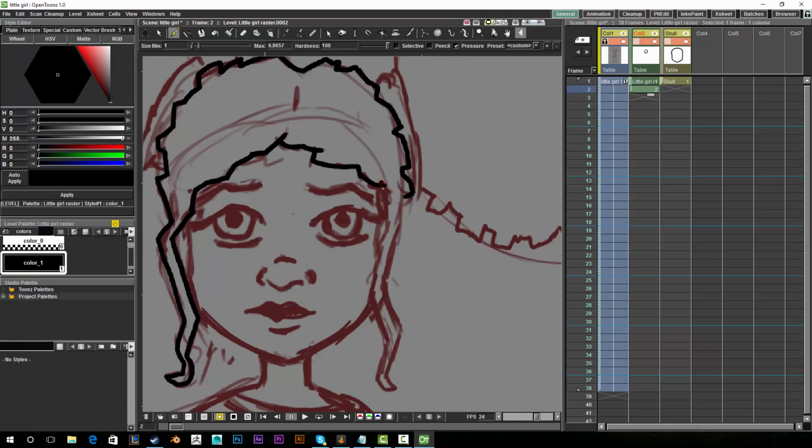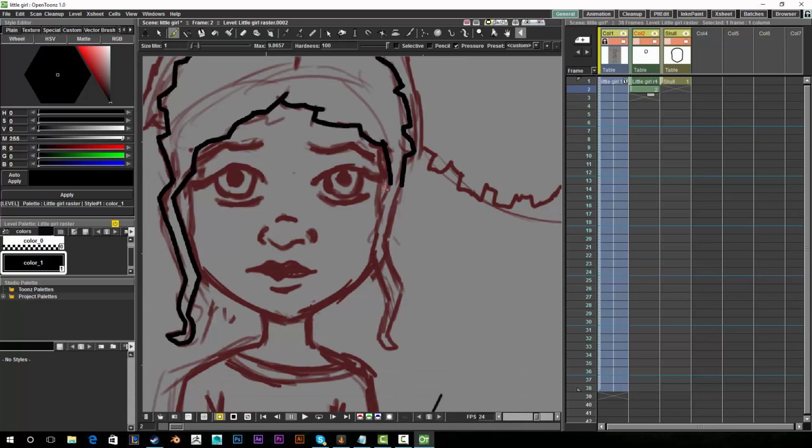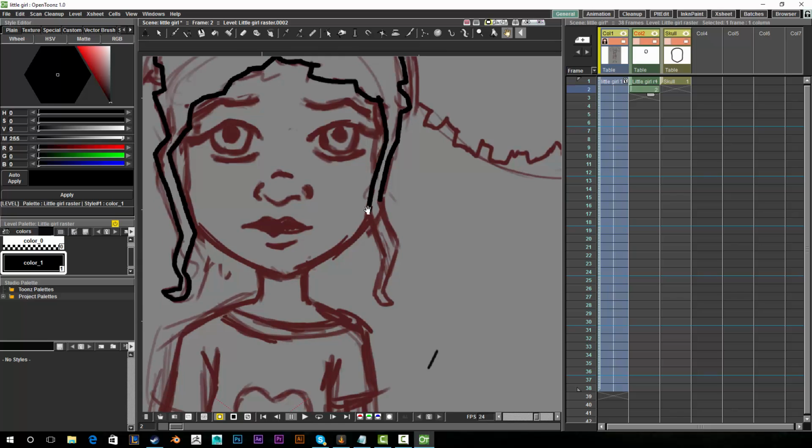But you can be using your own character as well. How I work personally is I have kind of scraggly draft lines, so I'm pretty used to filling in scraggly lines or vague lines,